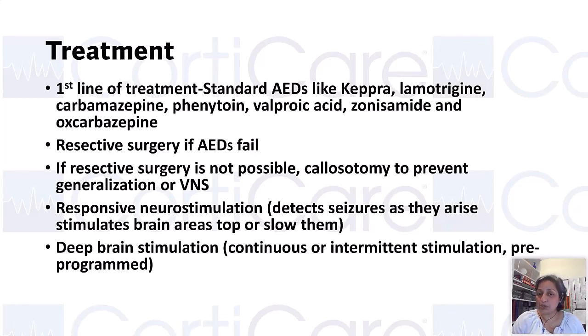The next thing to go to, if they do not qualify for resective surgery due to the epileptogenic zone sitting in Broca's area or in the motor cortex, is callosotomy or vagal nerve stimulation. Now, lately, from the last 10, 12 years, responsive neurostimulation is another way to deal with frontal lobe seizures. This device detects the seizure as it arises and then stimulates the brain to slow it down or to stop it. Now, deep brain stimulation is another